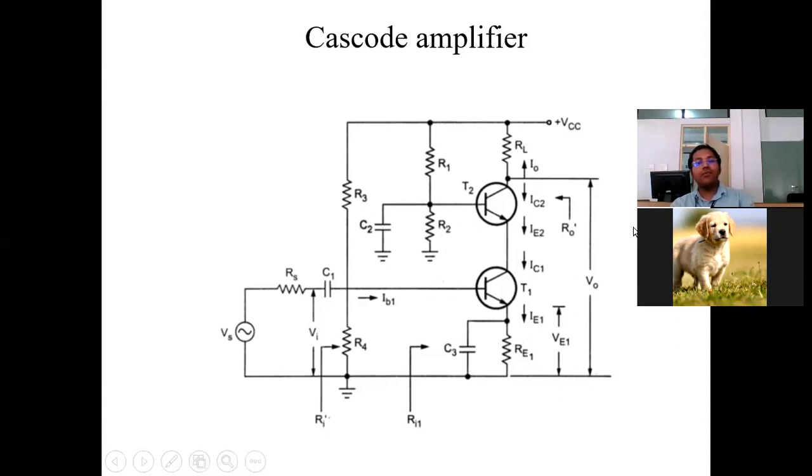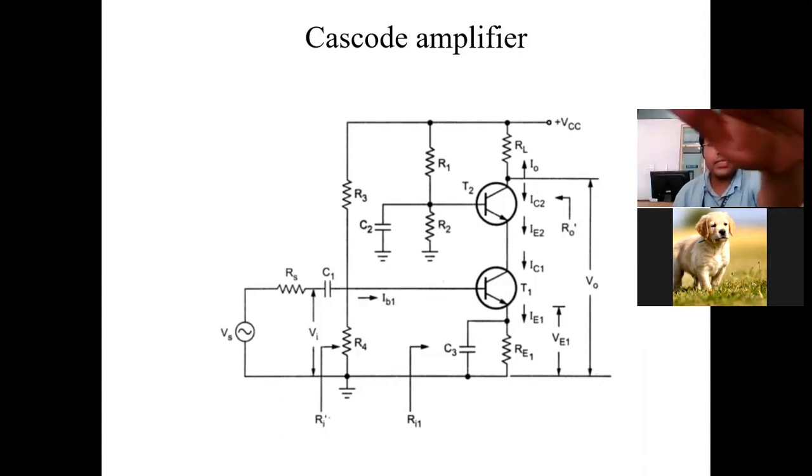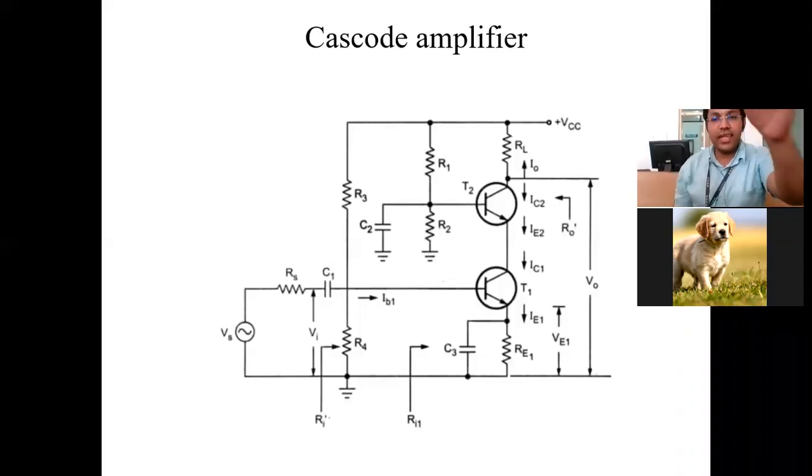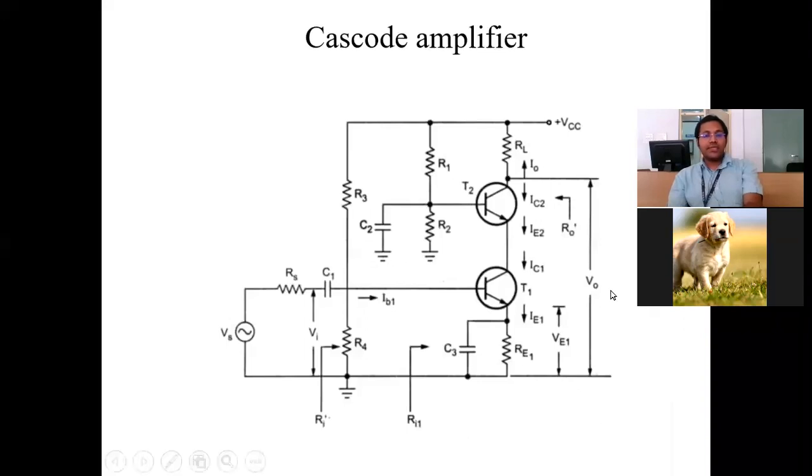Now, this is a very complex circuit. How would you analyze such a complex circuit? The same process which we did in the previous class. Whatever the circuit, the process is the same. First, you will go for the AC equivalent. Then in the AC equivalent, we will replace the transistor by the equivalent circuit model. So, that is what we will be doing next.